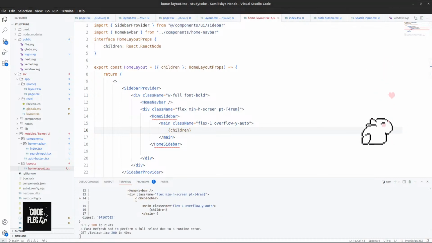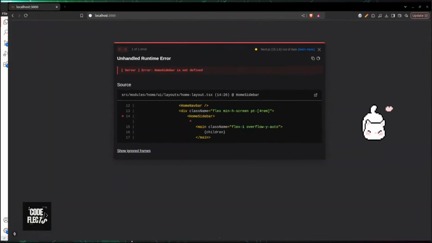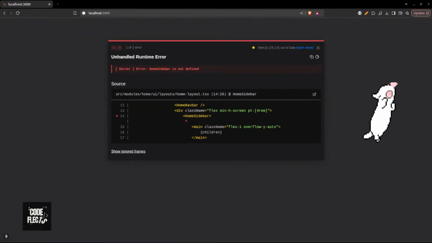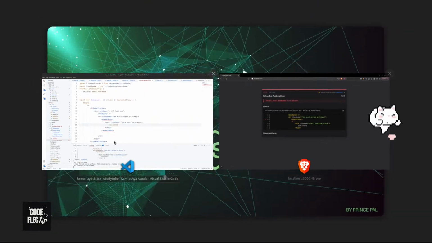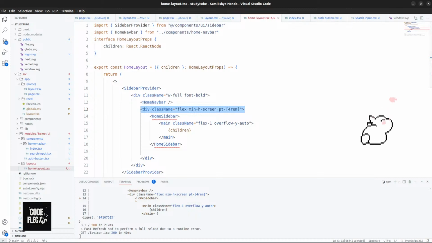So basically, this is just some semantics to make this content behave properly when it's split in between the navbar and the sidebar, right? Those are these flexes and overflow-y-auto, and all of those things right here. And the reason we are doing padding top 4rem is because that translates